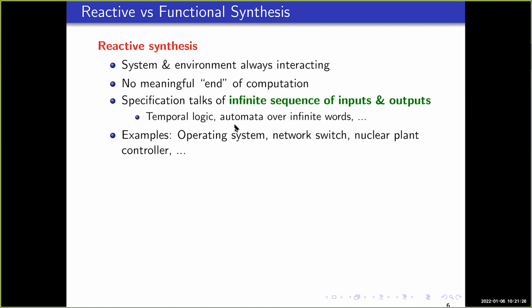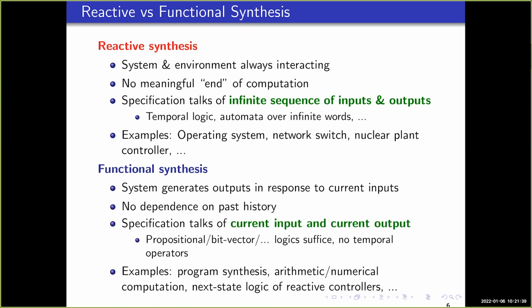I'll also cover it briefly today. You can also talk about what are called automata over infinite words, to present such specifications. And then there are the other kinds of systems which are like the factorization example I showed you, which are